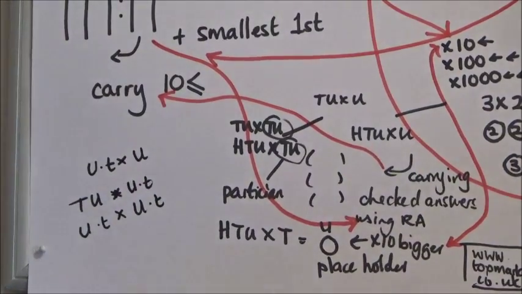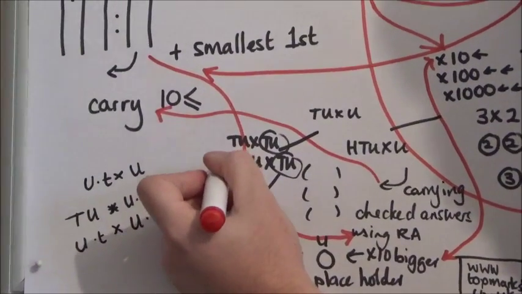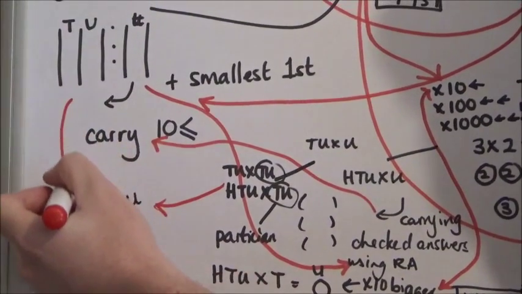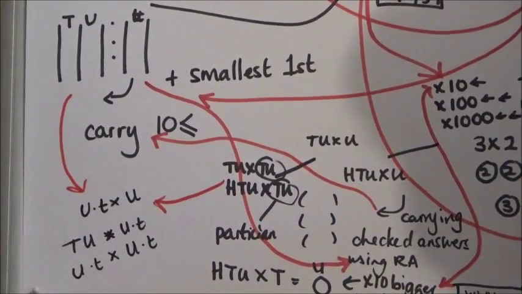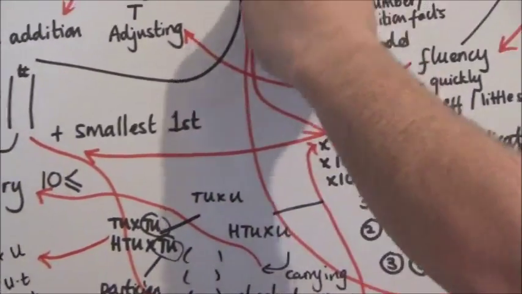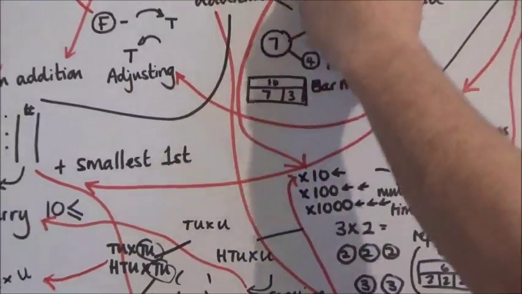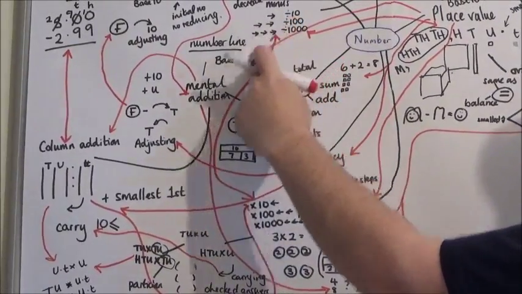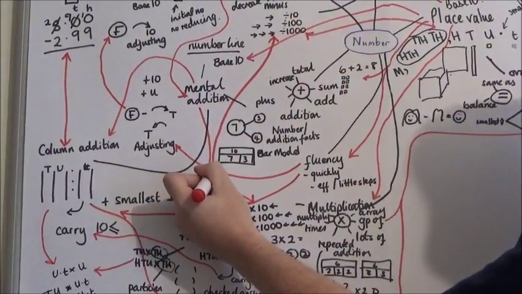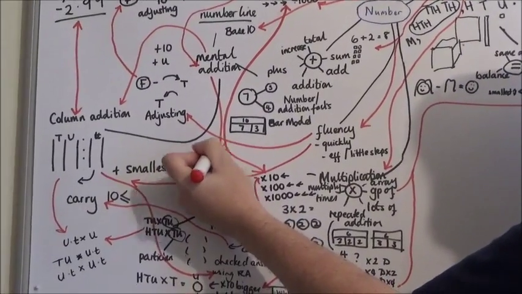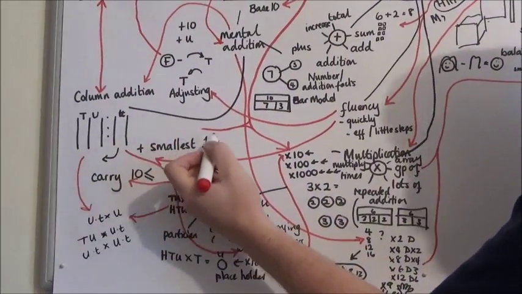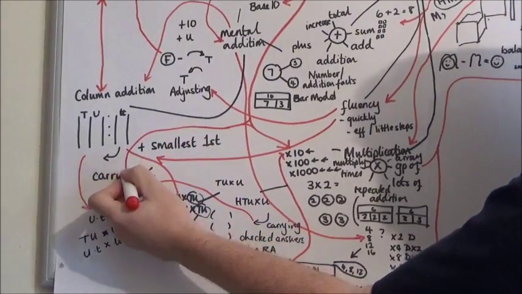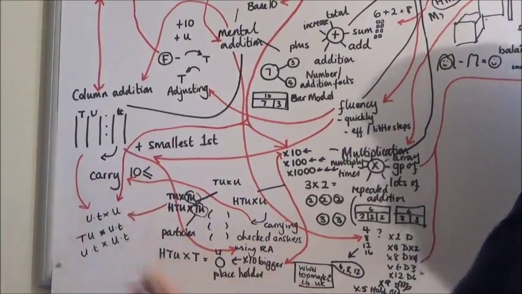And what knowledge did we link in there? Well, we used that knowledge from our column multiplication. We used column addition to add the answers together at the end. And here, if we look at this section, we actually had to use our multiplying by 10, 100, 1,000 and dividing by 10, 100 and 1,000. So I'm going to do a little carry off there and take it all the way around here to